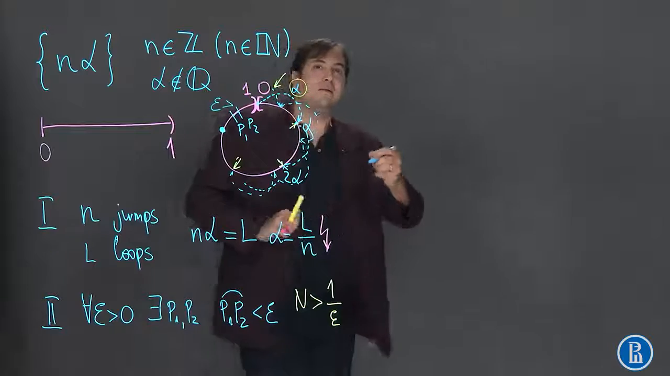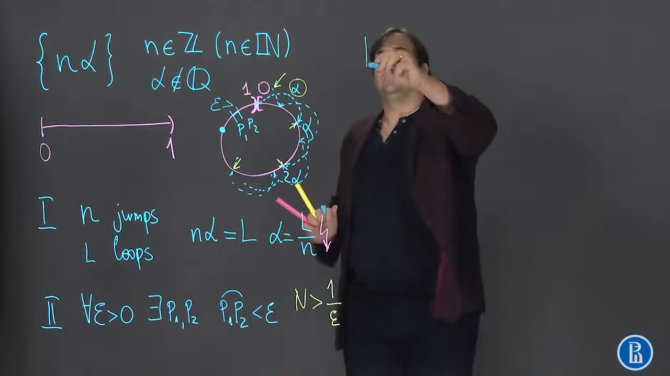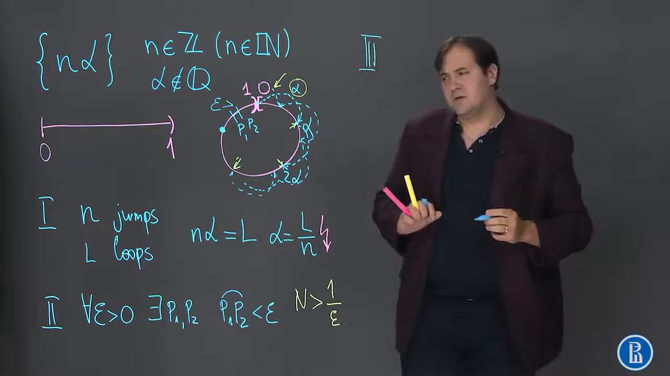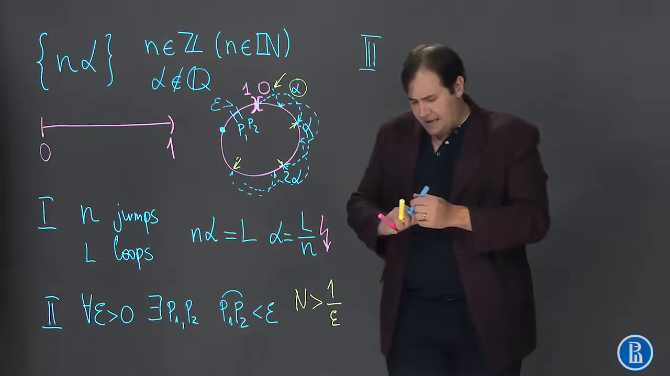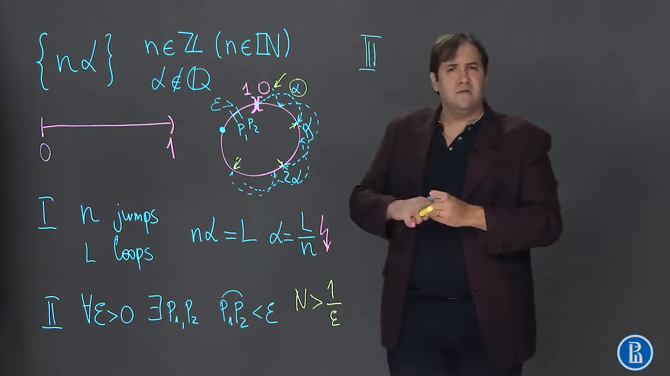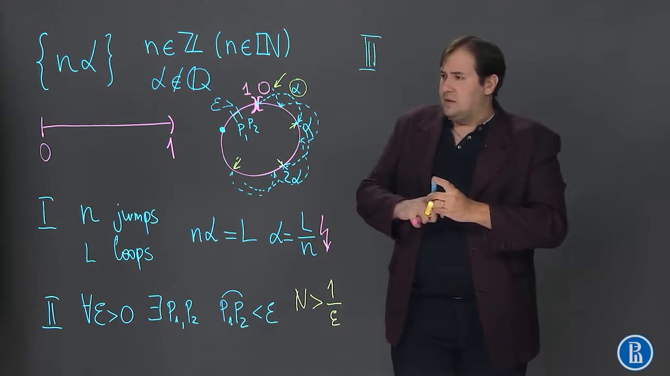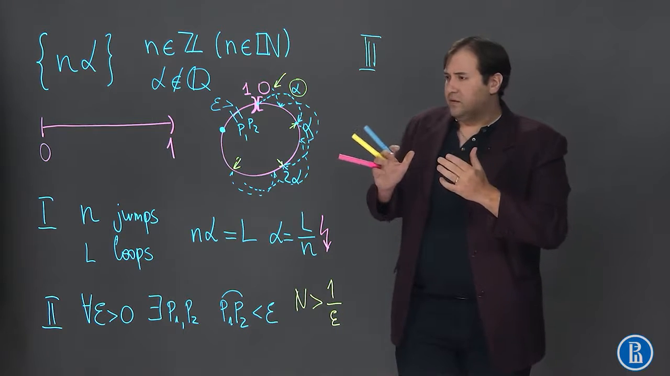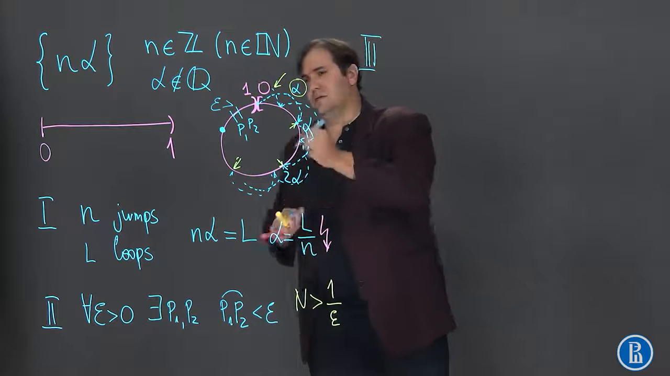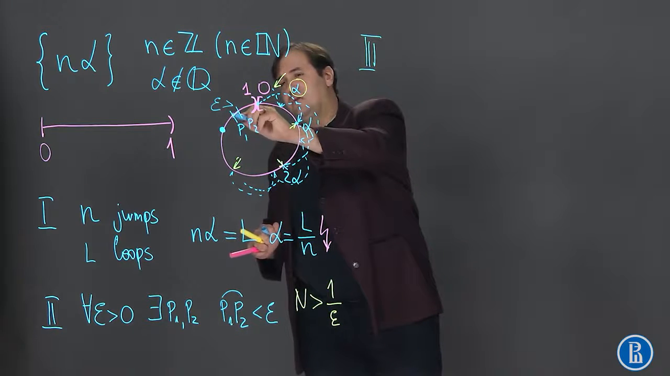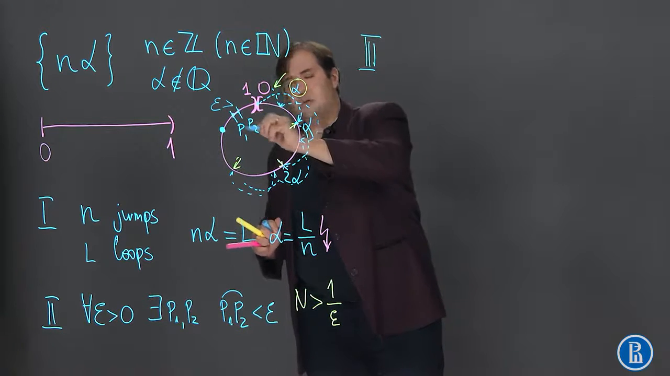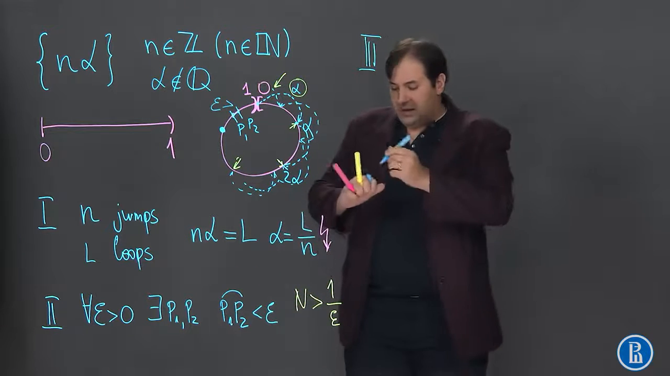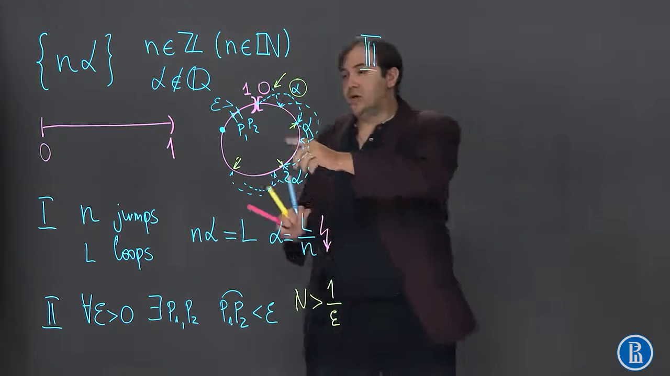Okay, but the third observation is the most interesting one. It will follow from the previous 2 observations. The third observation is the following. Since we have close points, marked points such that the distance between them is less than epsilon, then we know that from one point to another,